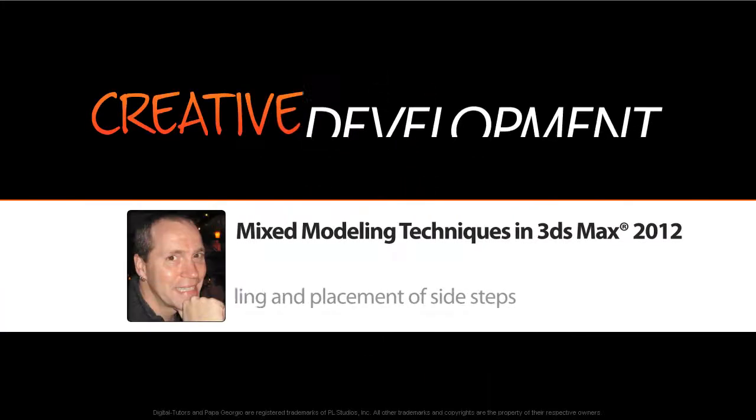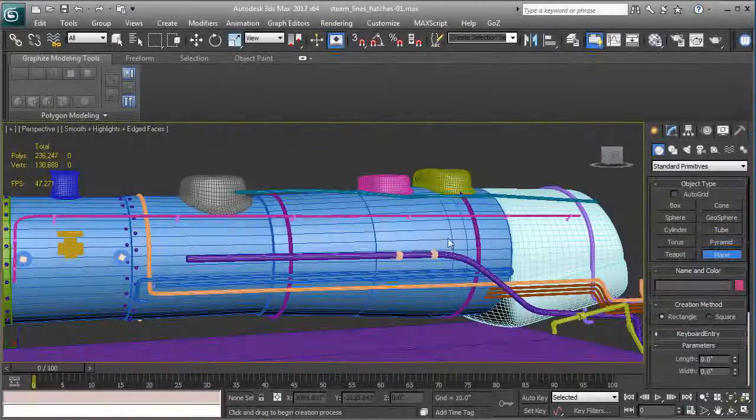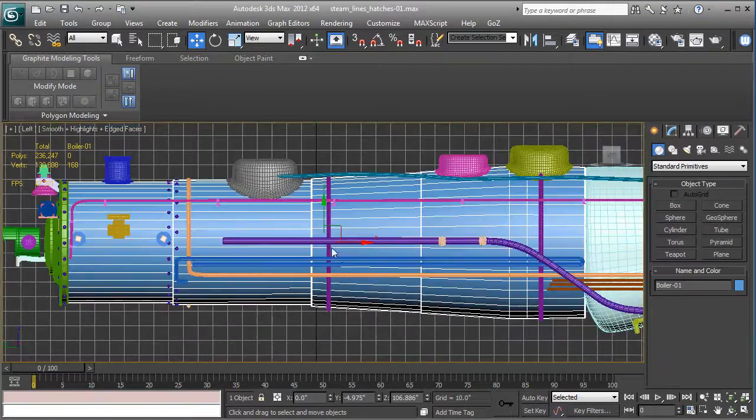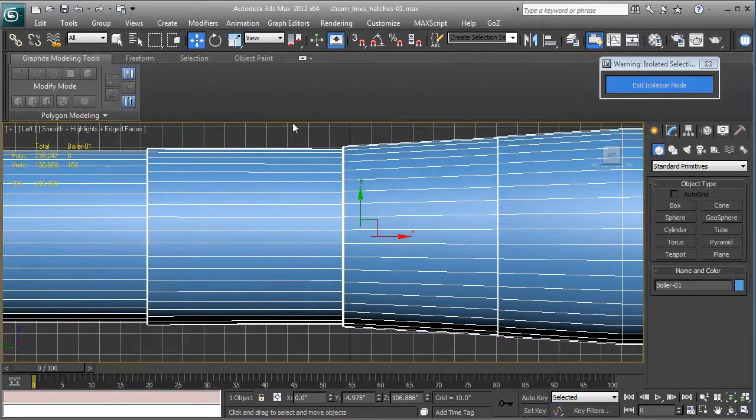In this lesson, we're going to build a little step. A few of them go along the side of the boiler. So what I'm going to do is select the boiler, select left viewport, zoom in, Alt and Q to isolate it. Okay. What I'm going to do is make a little plane,